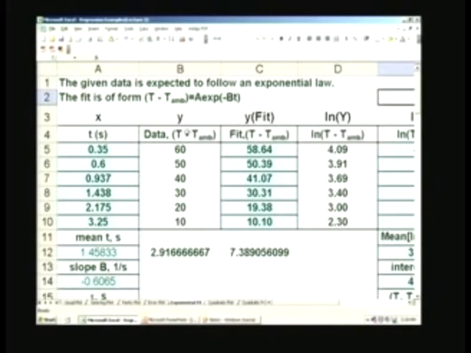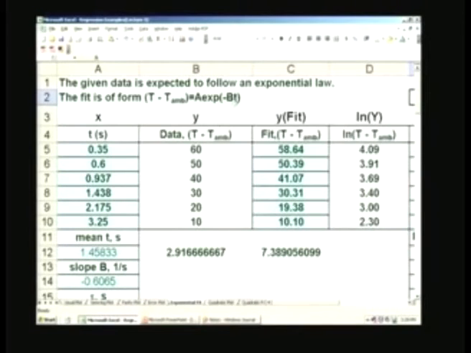Data t minus t ambient is identified as y. You will also notice that in these cells I have simply given the text. The text here shows that this is the x value, this is the y value, and x corresponds to t in seconds. In bracket I have put seconds. Y is data, t minus ambient. Actually it is in degrees Celsius. I have not put it here because I have to increase the width. For example, I can make it wider and put the temperature indicator there if you want.